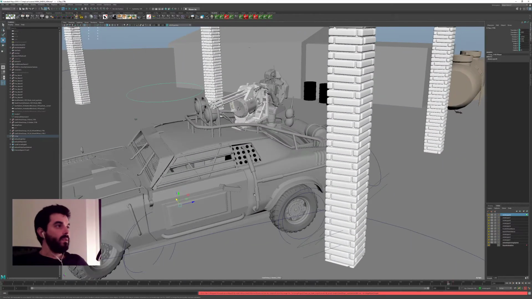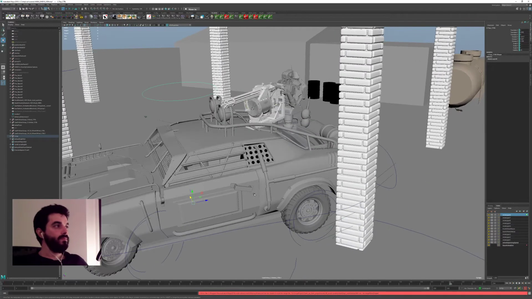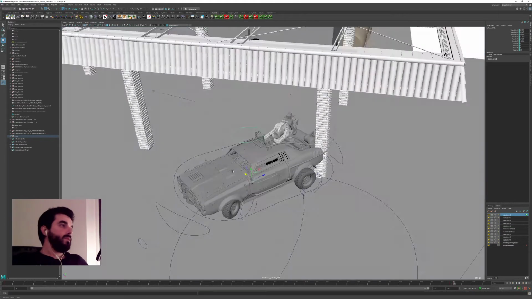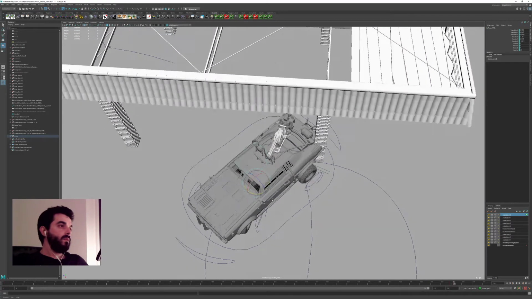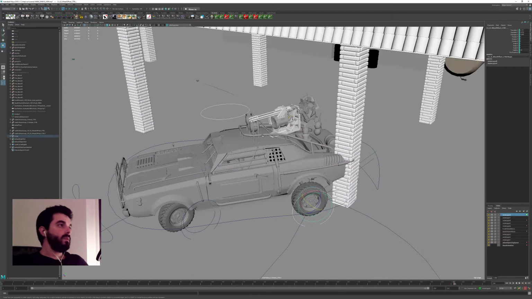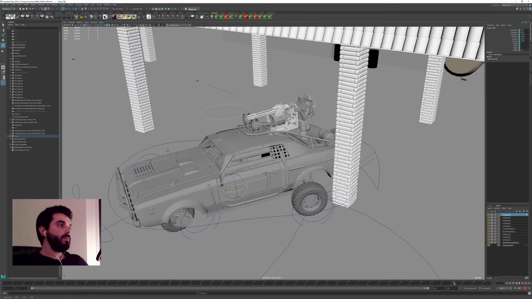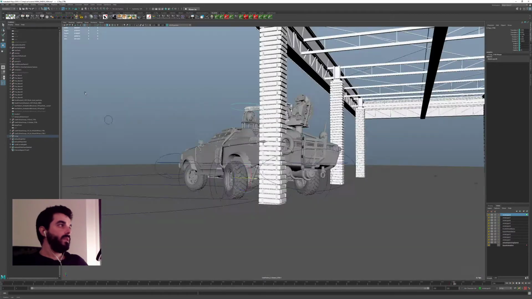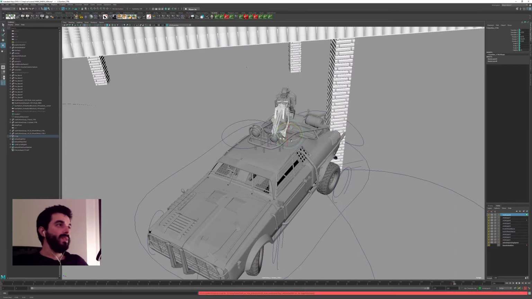So the car is going to hit the chassis in there. This guy is going to probably, where's the aim gone? It would be great if you could rotate it any other way, but it's going to probably,